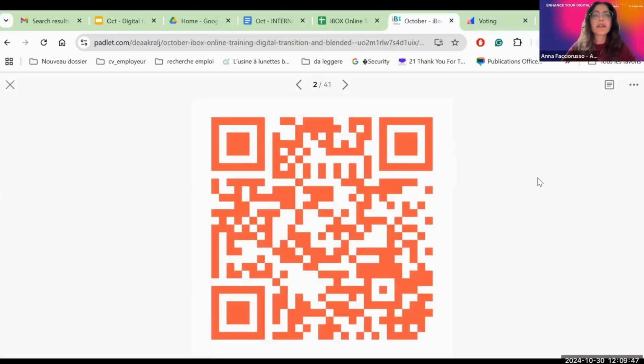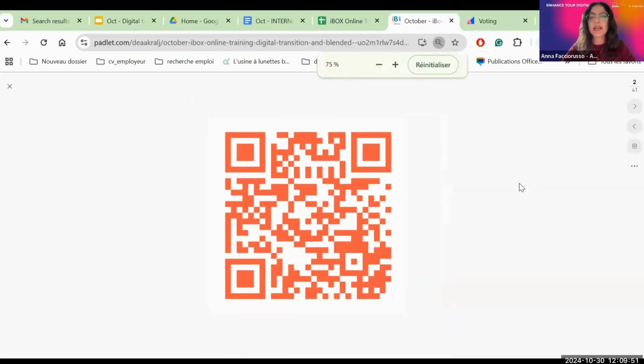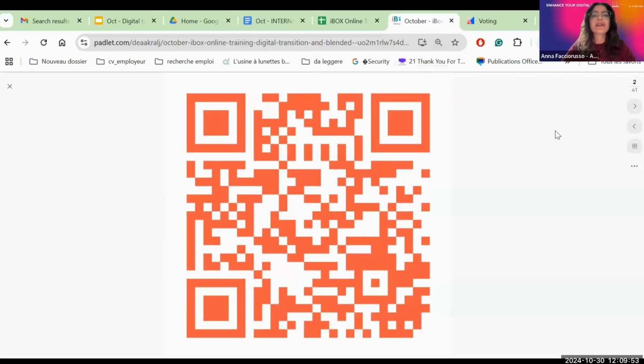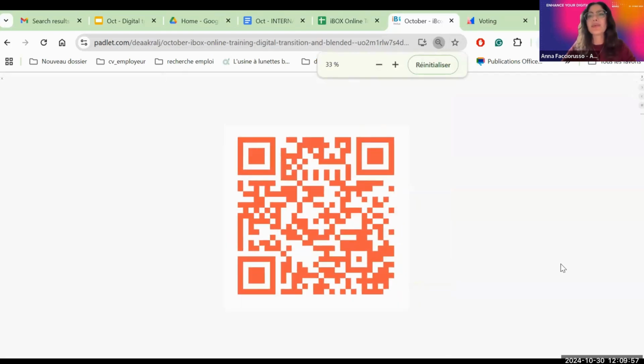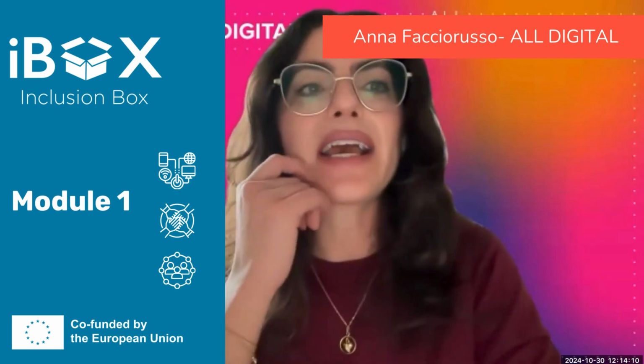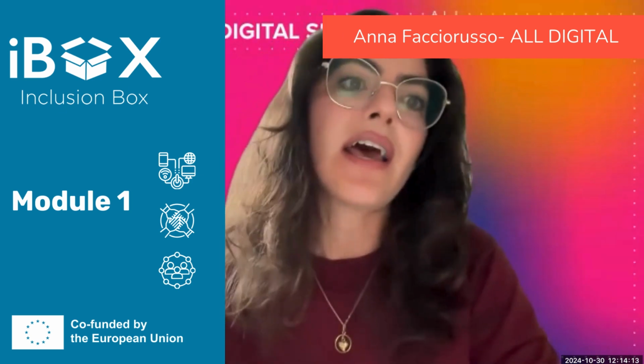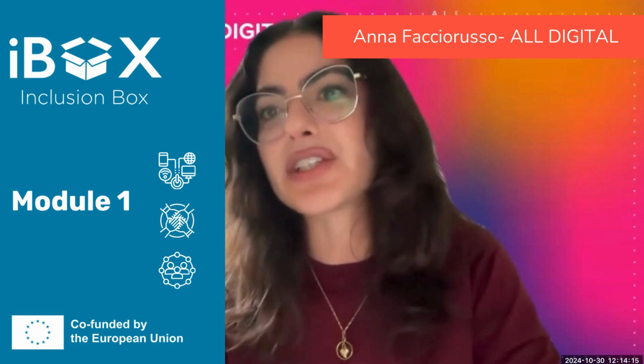I would really like to know, how are you feeling today? So scan the QR code and let us know what your mood is today. Let's go back to the presentation, and whilst the colleagues share the main slides,